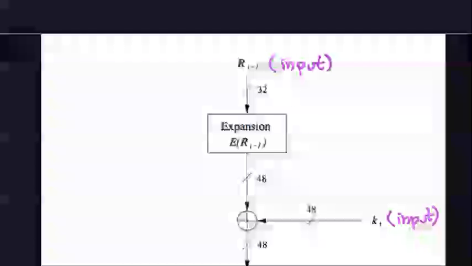All right. What's going to happen with that? The right hand side of the previous block, which is 32 bits, because remember it's a 64-bit block that was divided into two halves, is going to go into this box that is called an